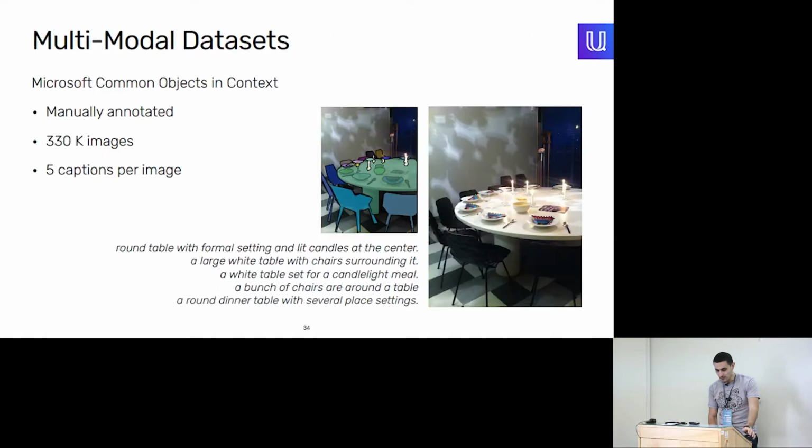So we slowly come to the topic of multimodal data sets. As in many places in machine learning, we've started with fully manually annotated, but yet small data sets, and MS COCO, or Microsoft Common Objects in Context, is the best example of that. It's 300,000 images, all of them annotated in more than one way. So yes, they have annotations for object detection, but they also have 5 descriptions for every image. Not that they are vastly different, so it's not like one of the descriptions is short and the other one is very scenic. Those have kind of similar lengths.